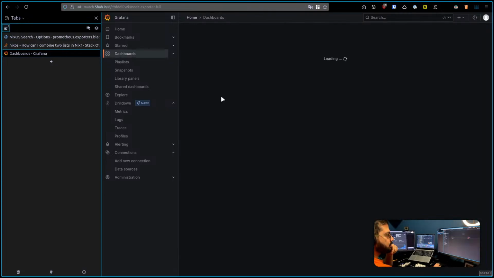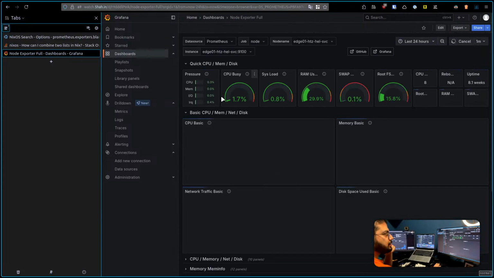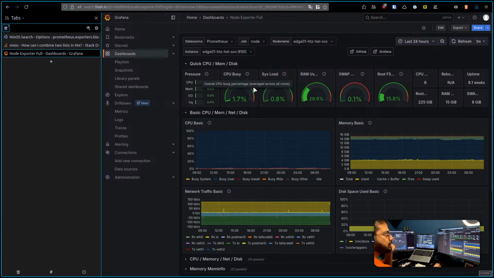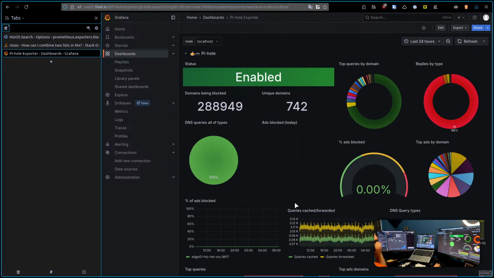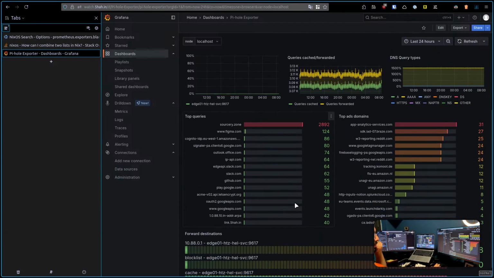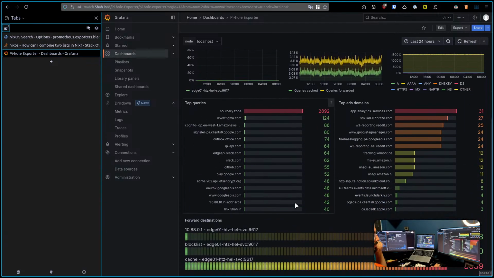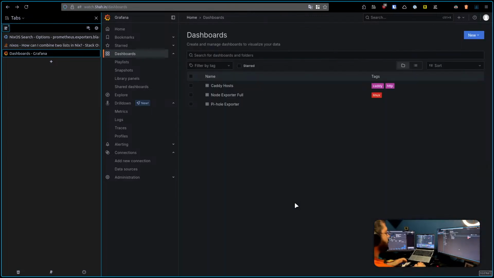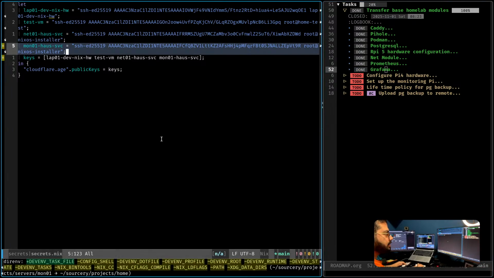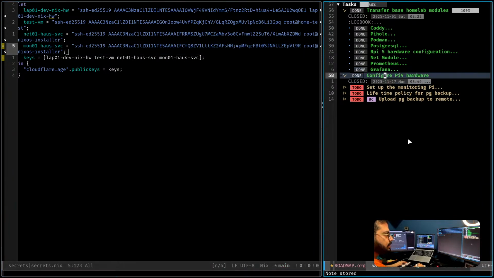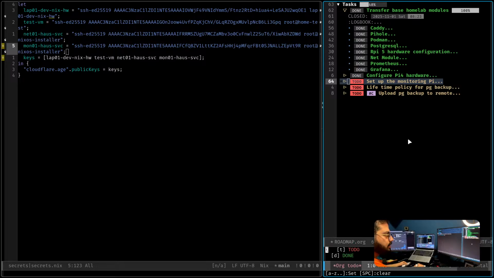This is good. Node exporter. Also good. And Pi-hole exporter. Beautiful. Cool, cool. I have my dashboards running. The Grafana is running, so I can mark these two as done.